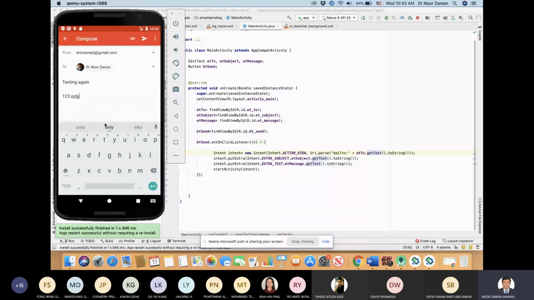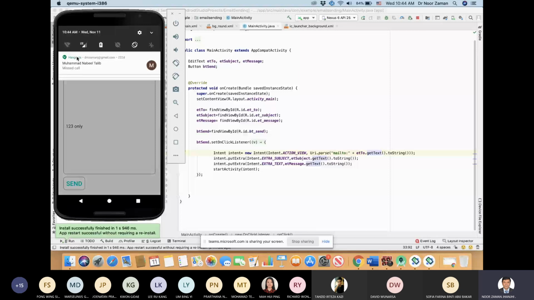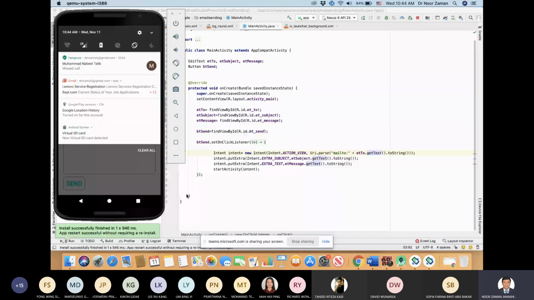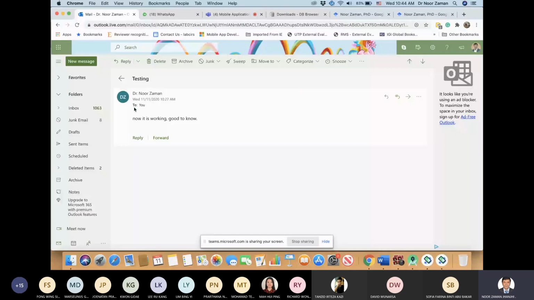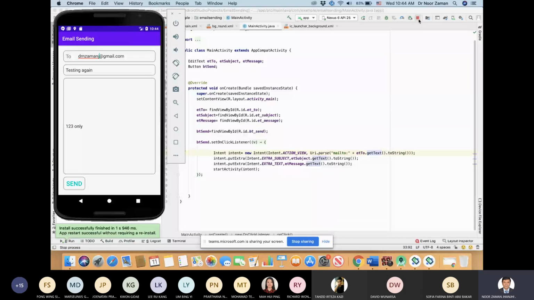So you can see everything is open. We are sending to ourselves, so no worries. When we send the message, you can notice here that it shows us in the notification that we received the message. You can see we have received the message, or even if we go back and check, because I fetch all my emails to come here, you can see from here the testing 1, 2, 3, we received the email. So this is very simple, that you can integrate with your applications,